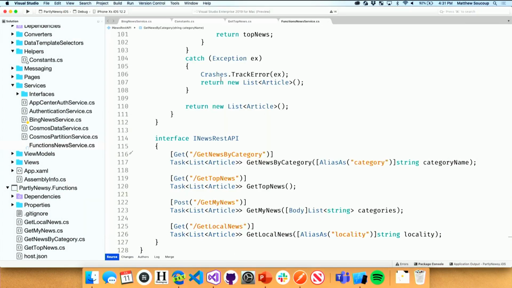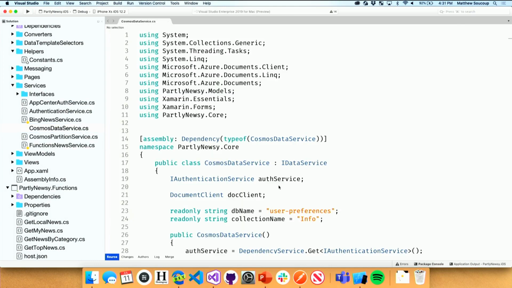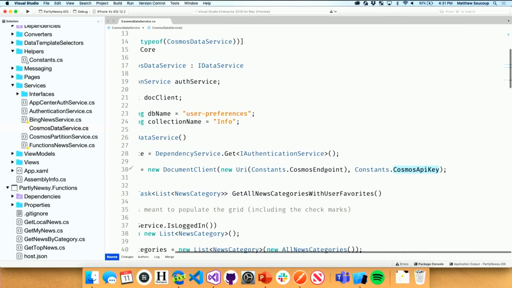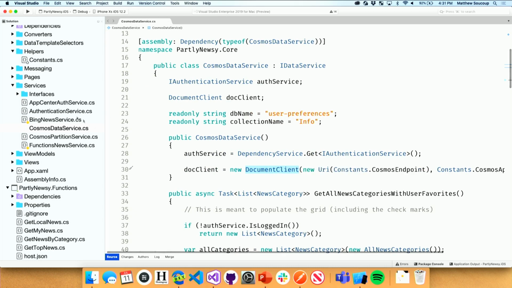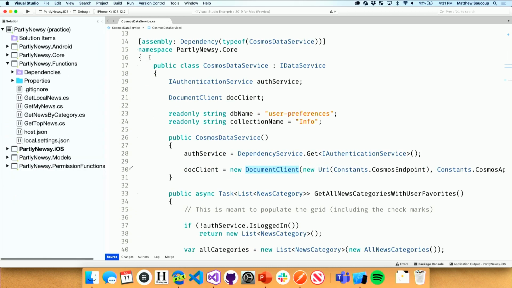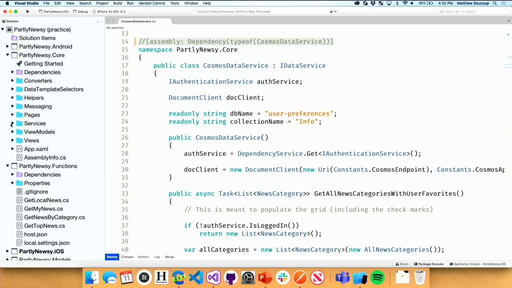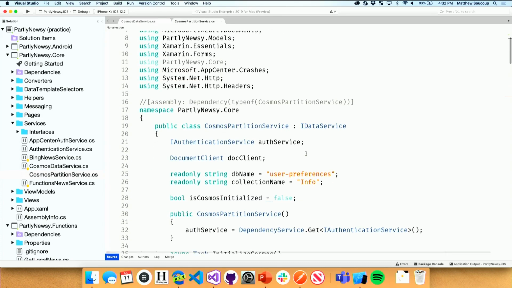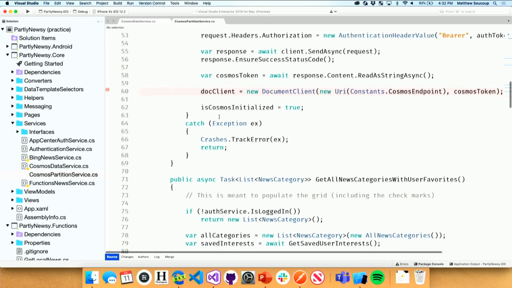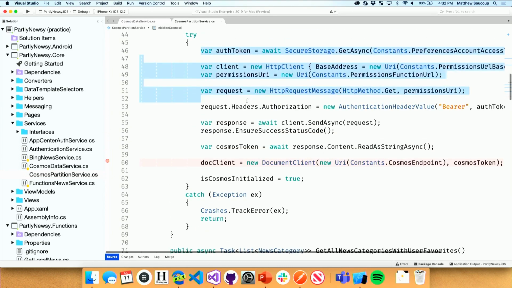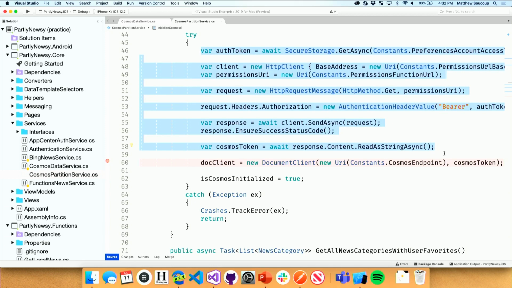All right. So let me shut down all the windows here. Right now, I'm connecting with the Cosmos data service, with the Cosmos API key in my document client. This is just the document client, the straight up Cosmos NuGet that I'm using in here. And I want to move that over. I don't want to use that. So what I'm going to do is use a different one, and that's going to be called Cosmos Partition Service. The only thing different in this Cosmos Partition Service is that all the gets of data and everything else are going to be exactly the same because I'm using document client. All I'm doing here is calling a function to go get my token. And that function here